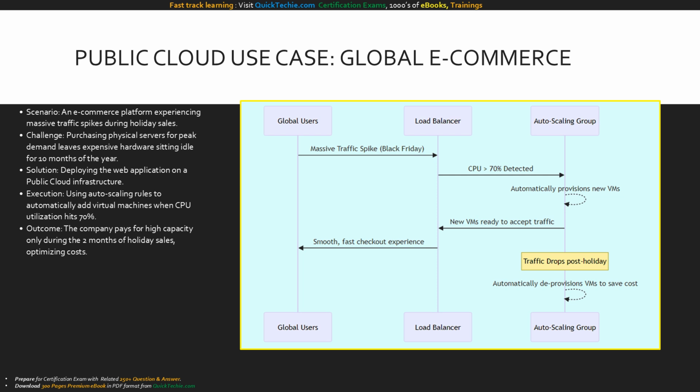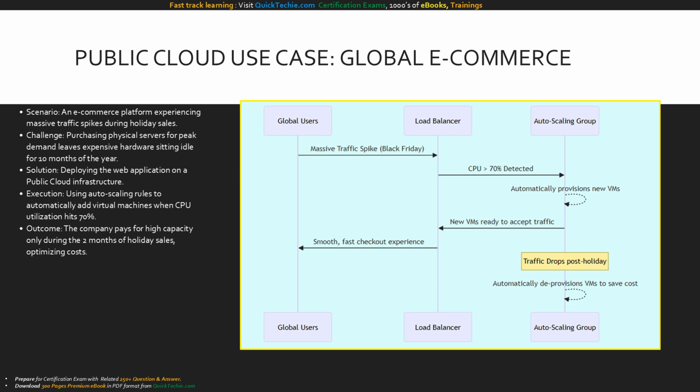Let's walk through the sequence of events in this e-commerce scenario using this sequence diagram. At the top left, we start with our global users initiating a massive traffic spike. Think Black Friday morning. This traffic hits our public cloud load balancer. The load balancer detects that the underlying servers are working too hard, specifically passing a 70% CPU threshold, and alerts